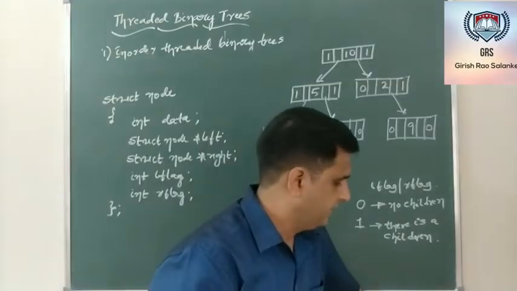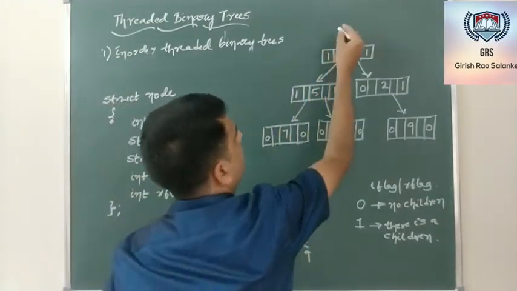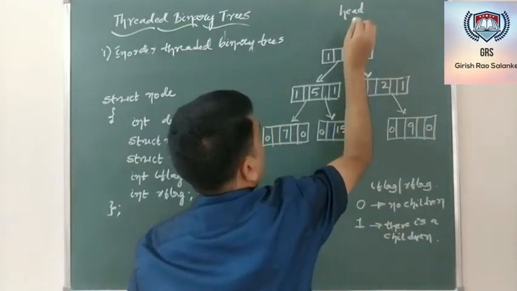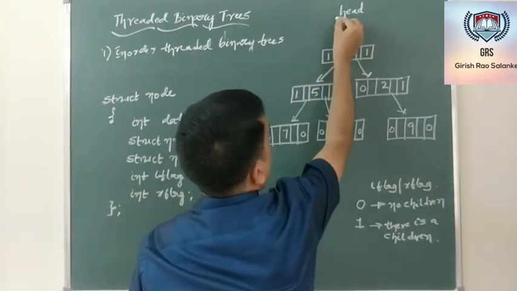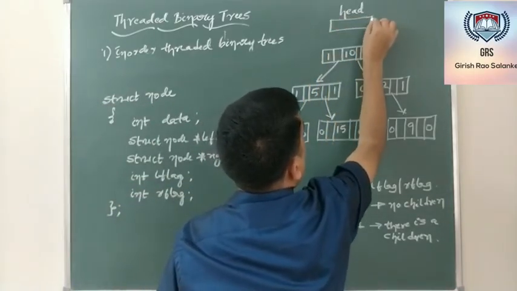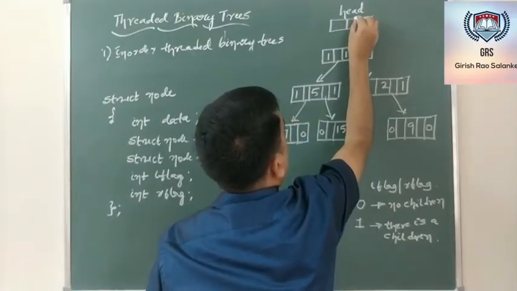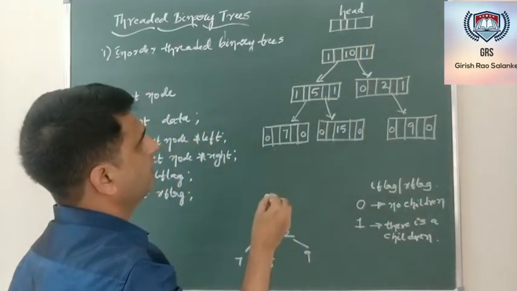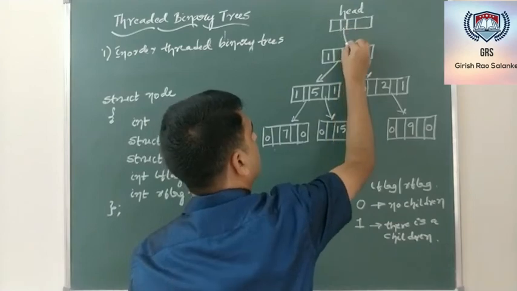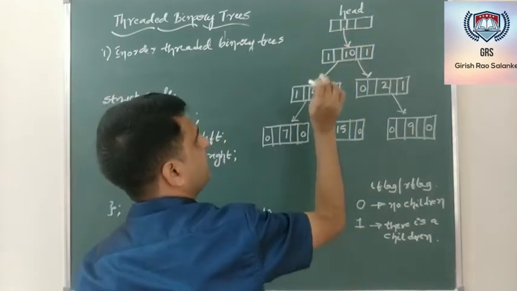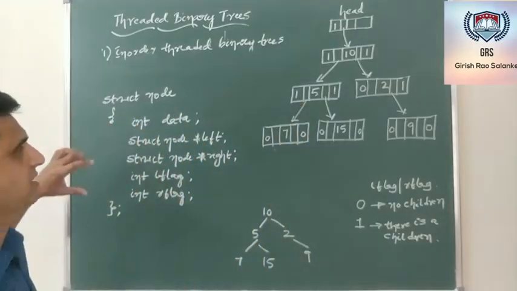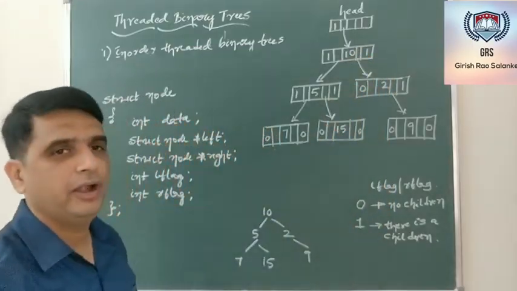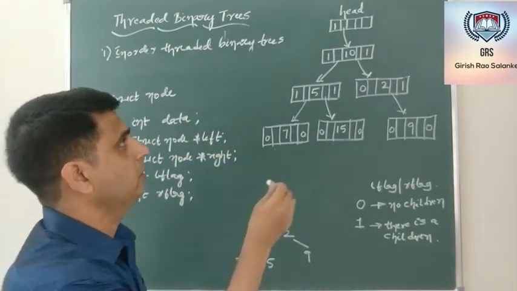Now to make it a threaded tree, let me have this as my head. This is the head of left. As I told, generally, the head of left should point to the root node. This was my root node. A left child is there, therefore I will use the same structure definition even for the header also. Now the head of right is not pointing elsewhere; head of right is pointing to itself. Note that head of right is pointing to itself.